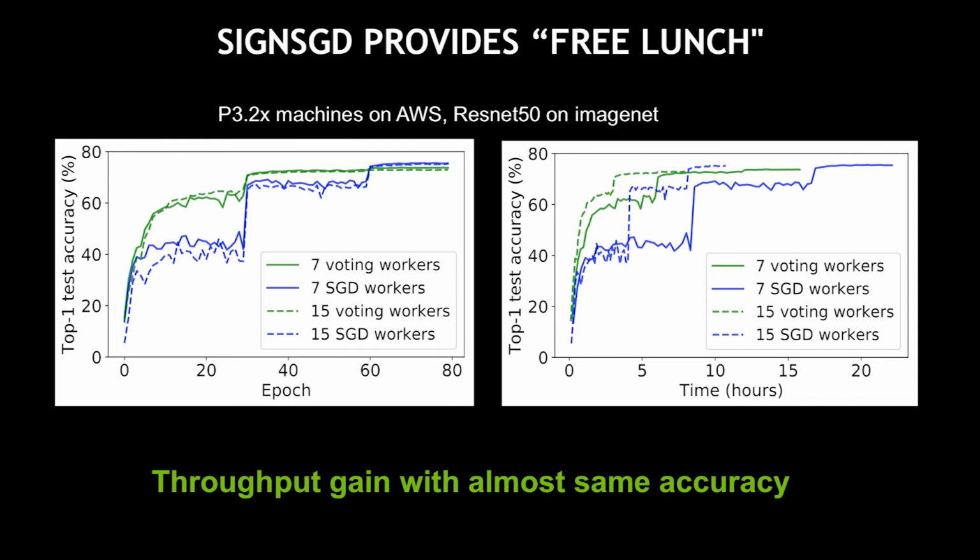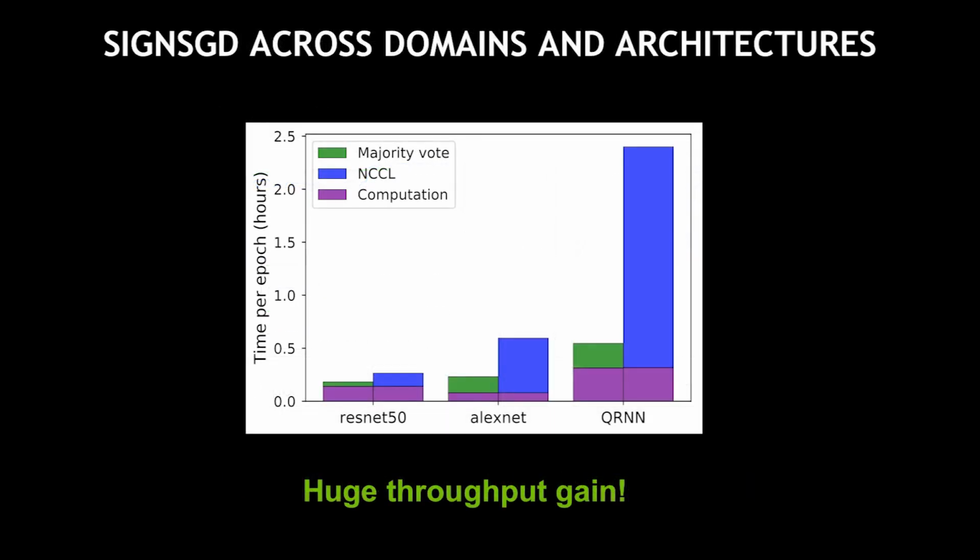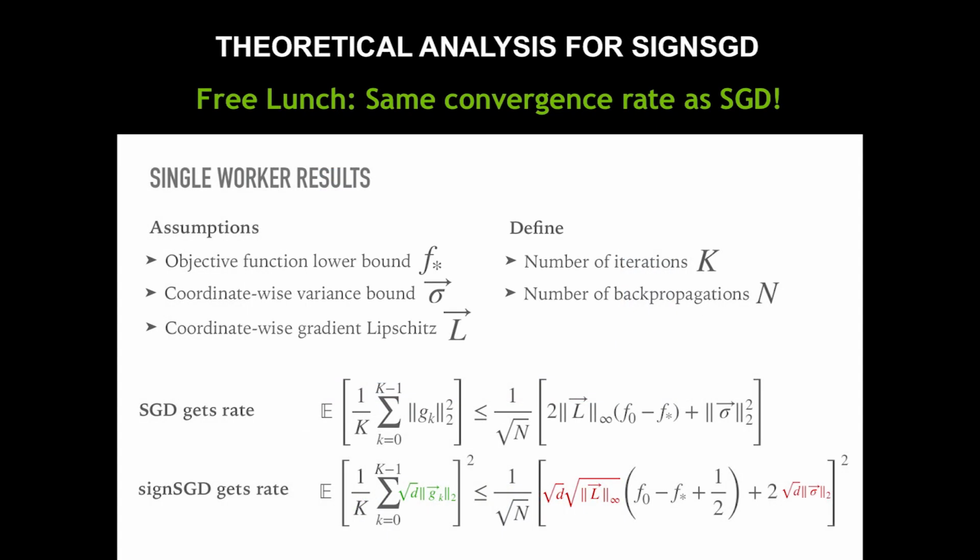So the numbers I won't go into, but the main idea is you can get a free lunch with gradient compression. And in fact, depending on the model, some of the language models, you can even get more gains by compressing the gradients. There's also some nice theory showing why this is possible. I will not go into that, but it actually shows that you don't have to do anything, just compress the gradients, and it will work in most reasonable circumstances.